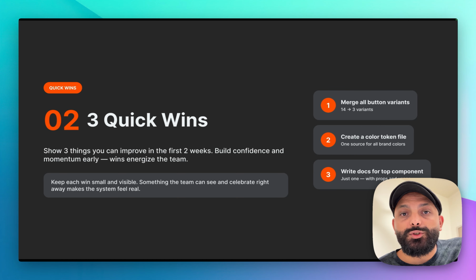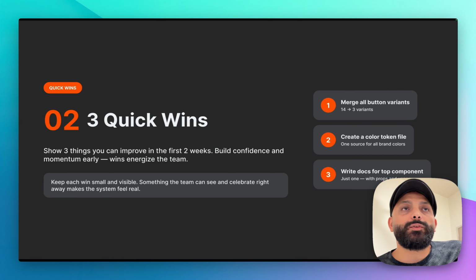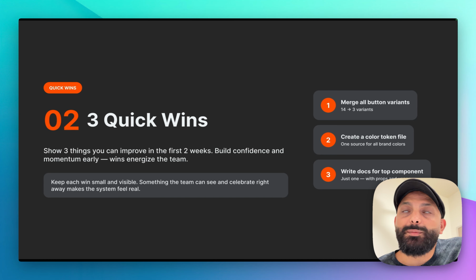Okay, focus on showing the team 3 things we can improve in 2 weeks. 2 weeks is a short duration, which can help you get approval from your managers or stakeholders to start fixing your design system components. And fixing something in 2 weeks can help the team see the value and also celebrate. So for example, at the end of this period, you can say we have merged all the button variants